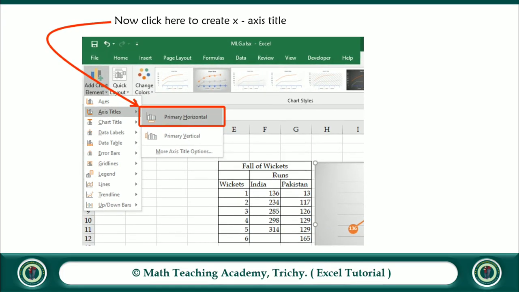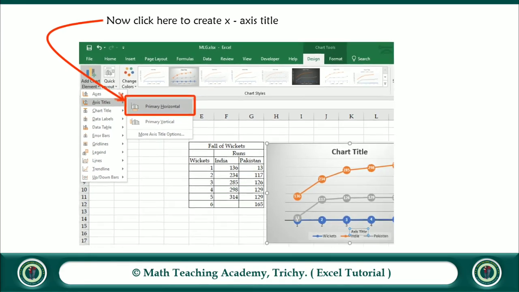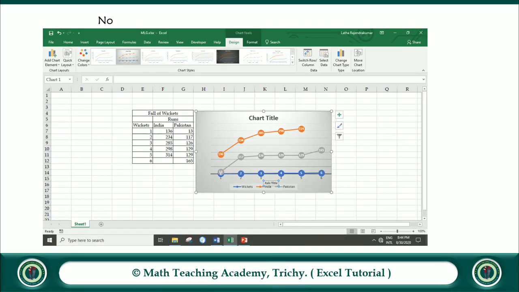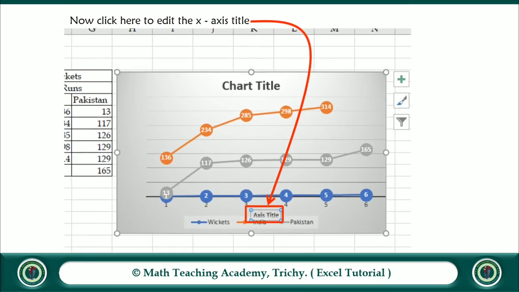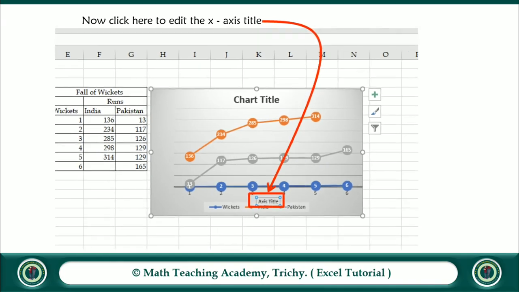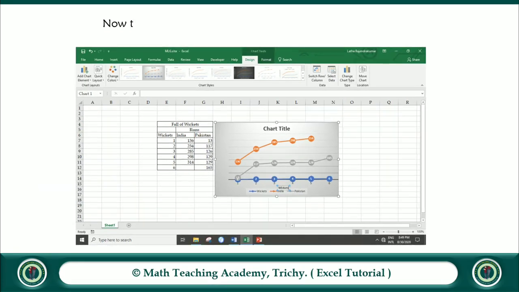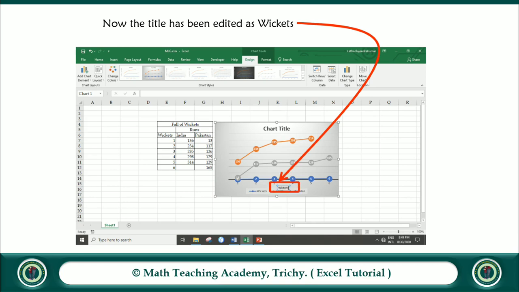To edit the x-axis title, what you have to do is click here, the x-axis title, primary horizontal axis. Now click here to edit the x-axis title. Now the title has been edited as wickets.